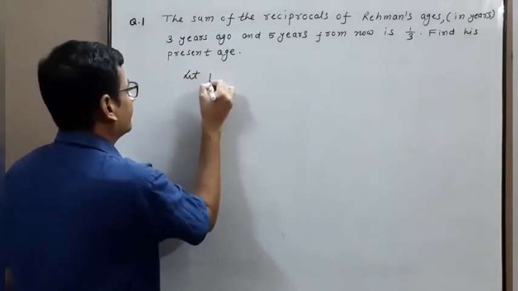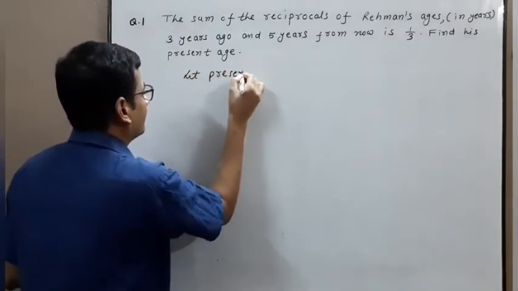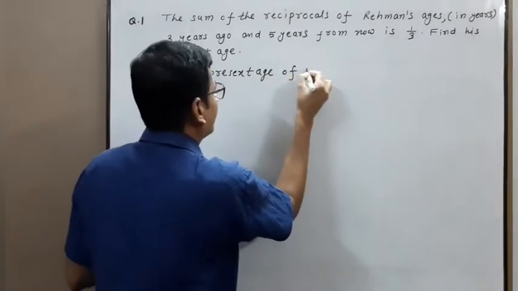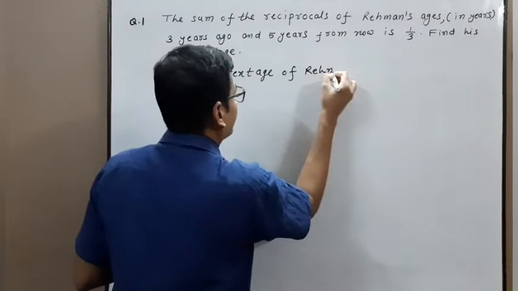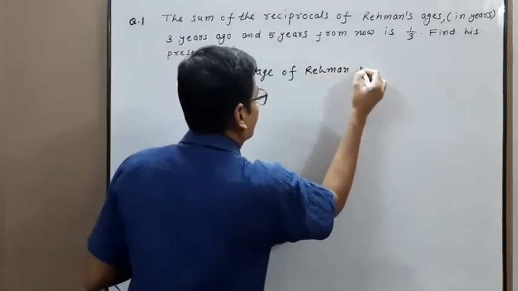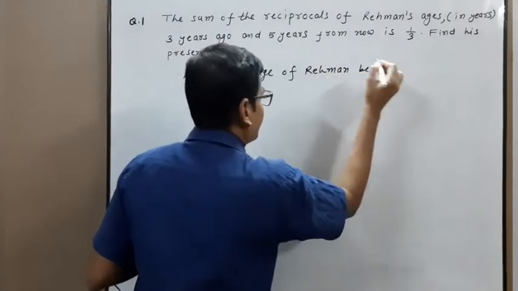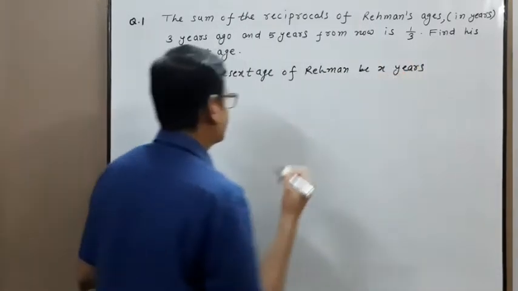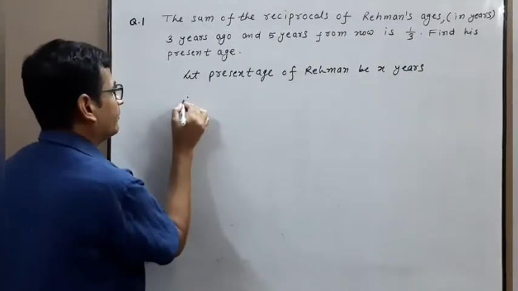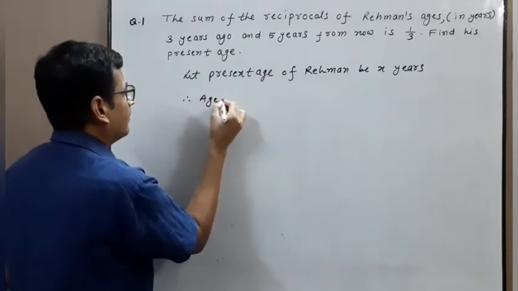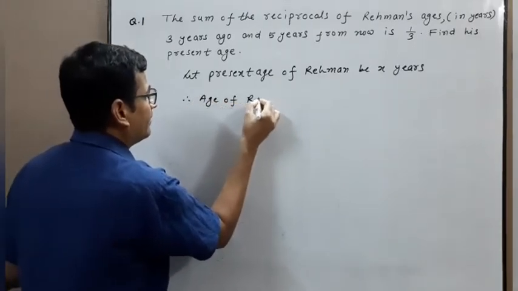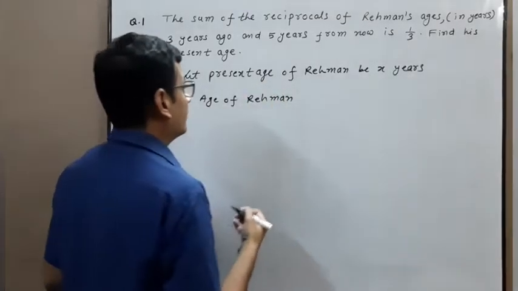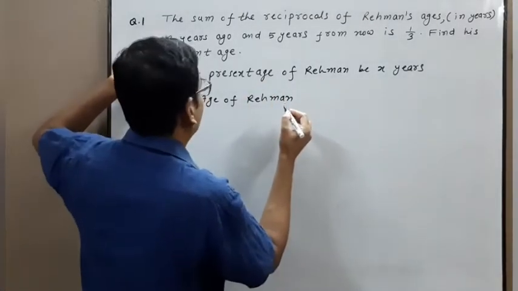Let the present age of Rahman be x years. Therefore, the age of Rahman three years ago